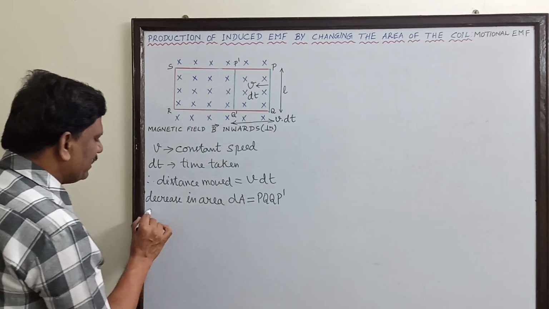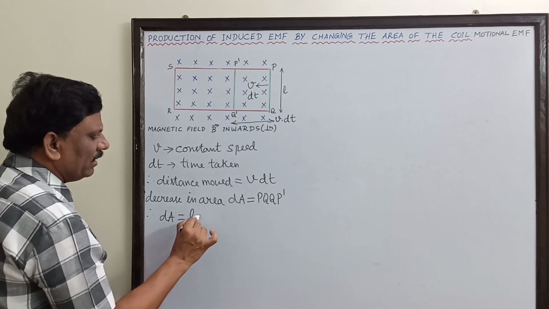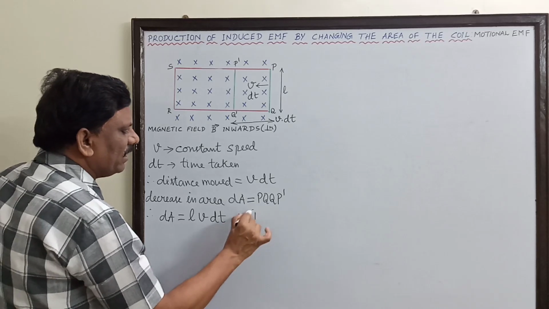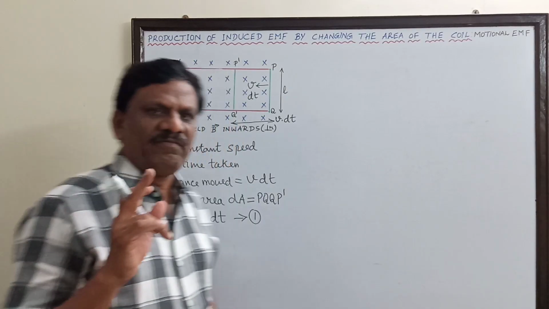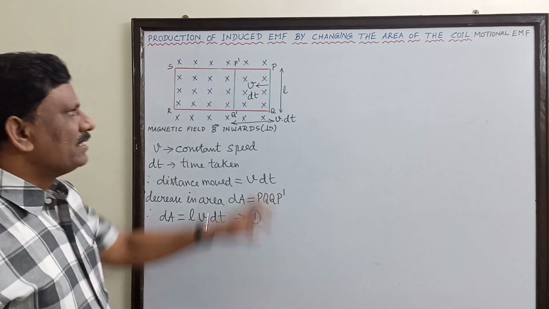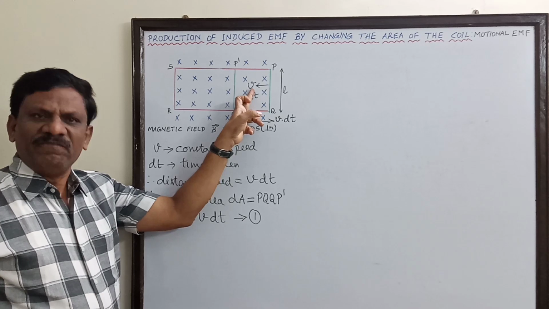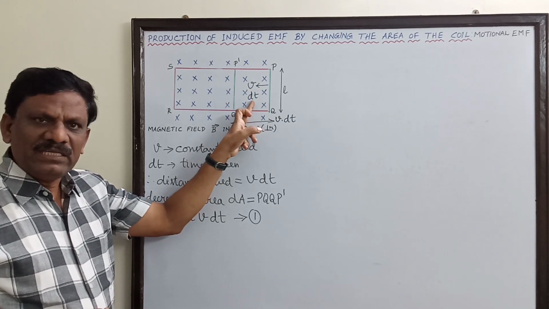So this decrease in area dA must be equal to L into V into dt. So this is our equation number 1. Are you understanding the first equation? Yes. When PQ is moved towards the left with a velocity V, constant velocity V for a time dt,